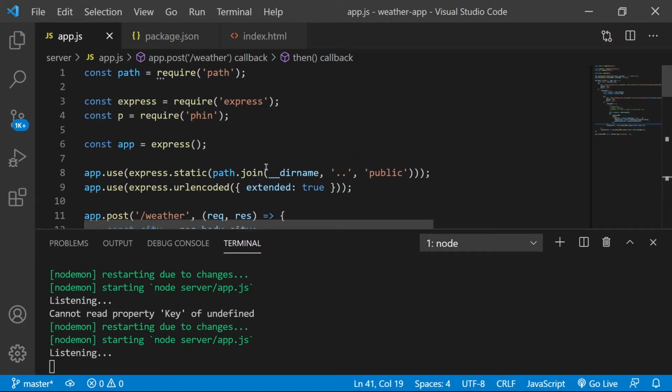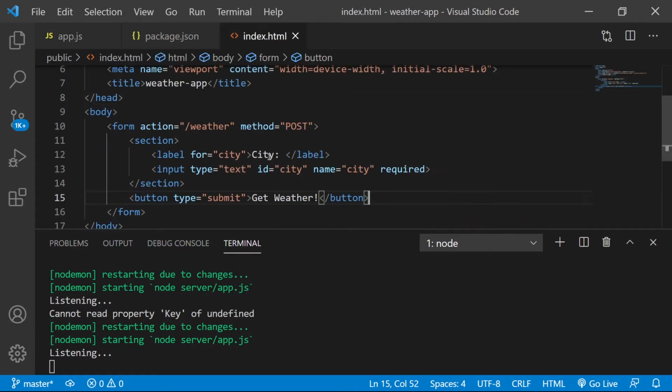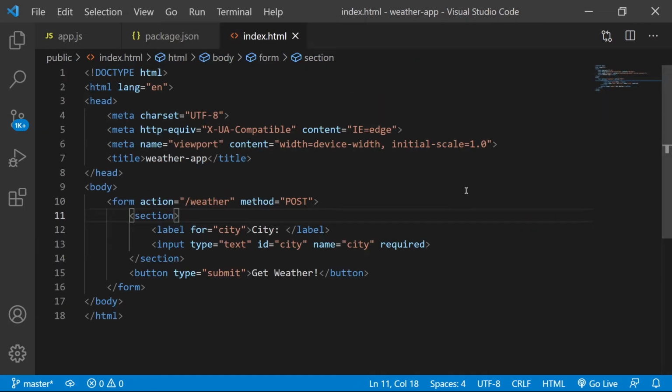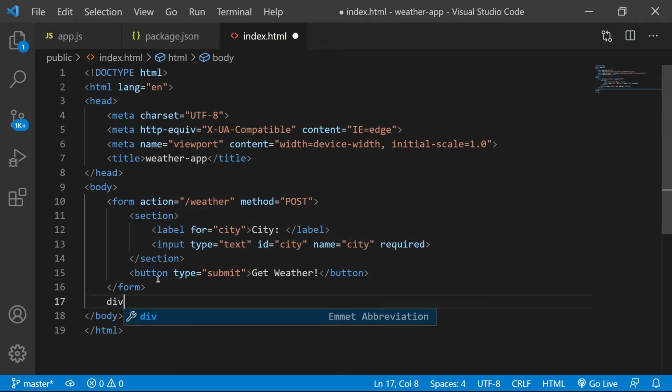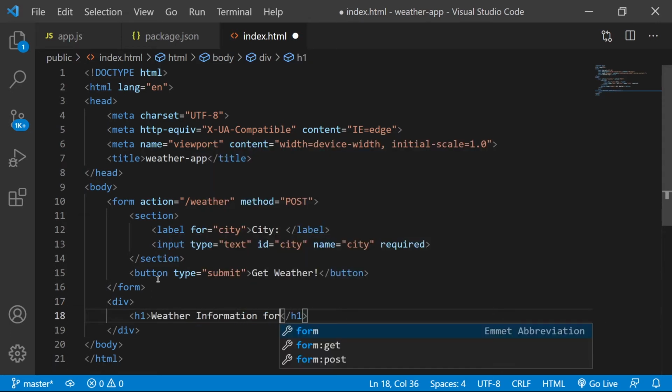But for all intents and purposes, this is good. So let's go back to index.html here, and let's see what we need. I think under our form, I'd like to have a div, and that div has weather information for, maybe here we can do, actually I got a better idea.